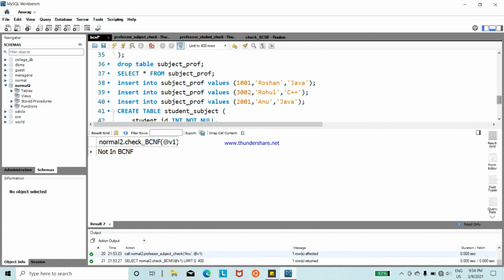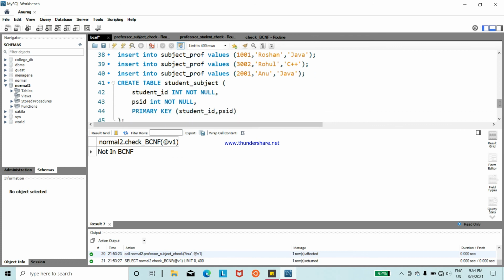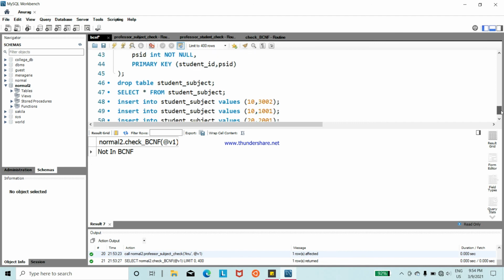Then we create the next table named student subject, in which student ID and PSID are present as attributes, and student ID and PSID both act as primary key.